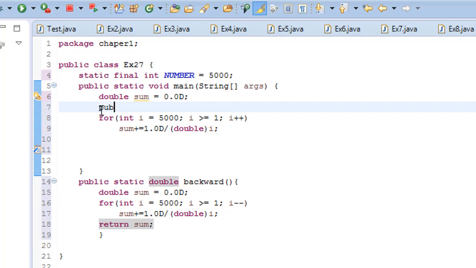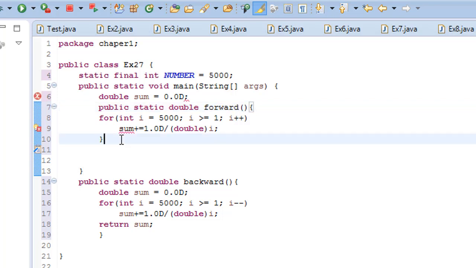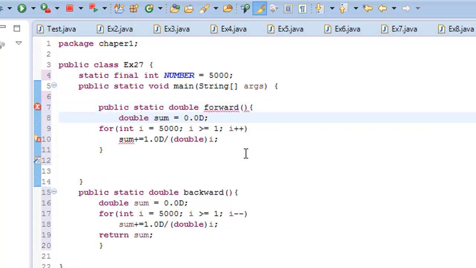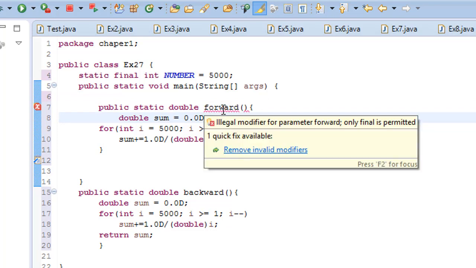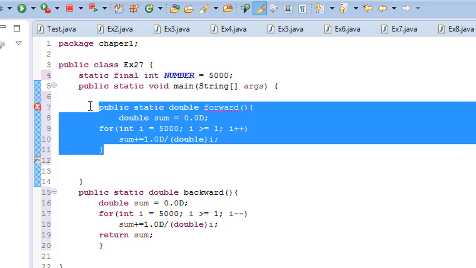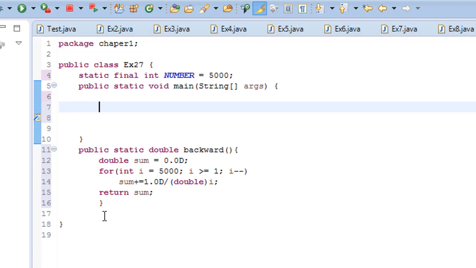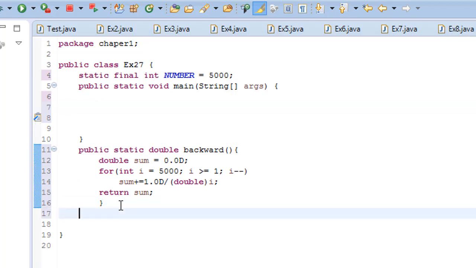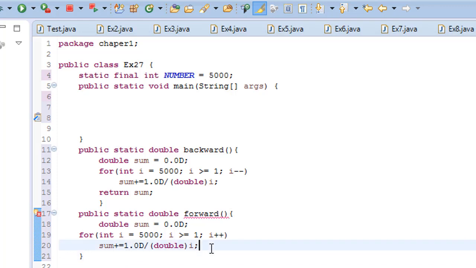It's going to be public static double forward, and we have to pass this, sorry, here, and then we have to remove it from the main method, and we come back and call this method on the main method. So it's here, and have to return